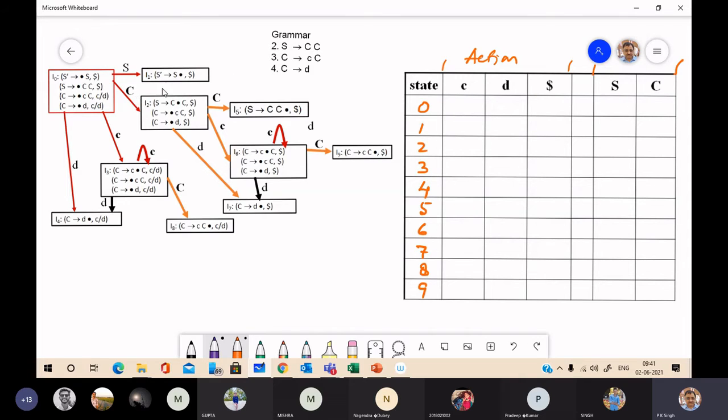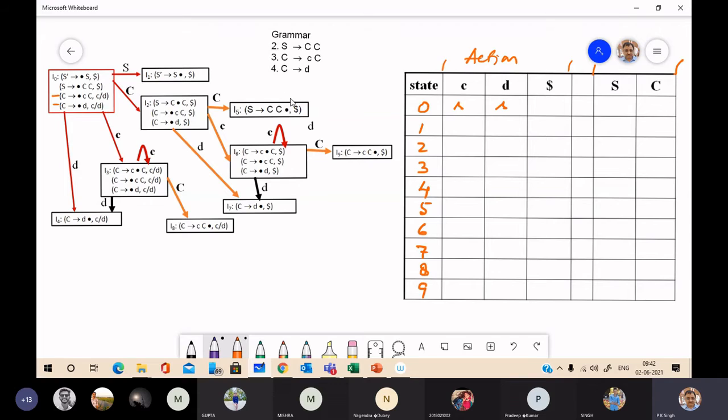So first look at rule 1. Rule 1 says we will look for the terminal symbol just after the dot. See, this item and this item have a terminal symbol just after the dot: C and D. So under C and under D, the action is shift.